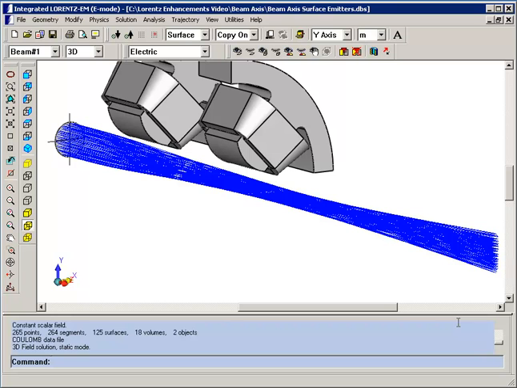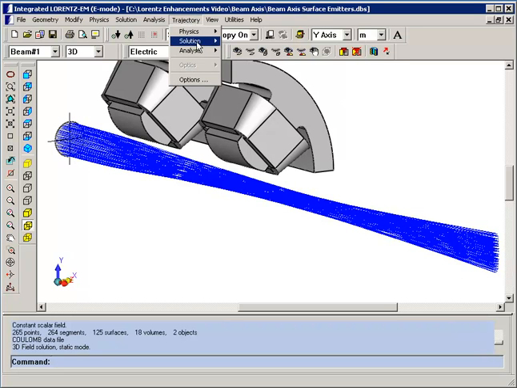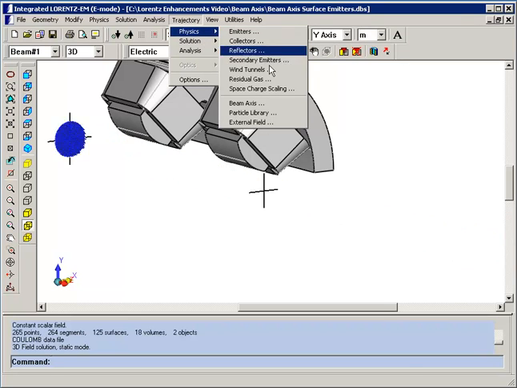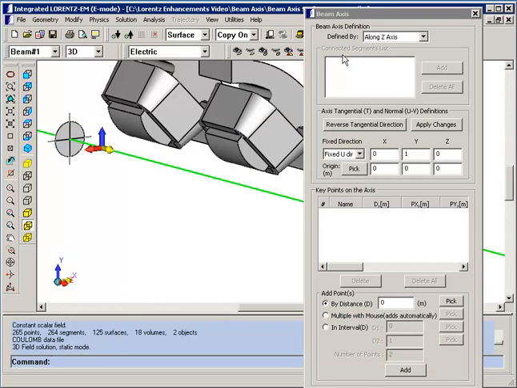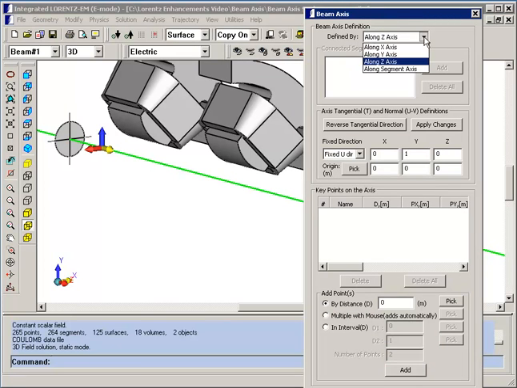So we've now enabled you to define a beam axis. I'll show you that using trajectory, physics, and beam axis. We have a beam axis definition dialog box. You can define the beam axis using any of the principal axes or any collection of connected segments. And you can specify an origin. I have chosen 0, 0, 0 for my origin, which happens to be a distance from the actual source of